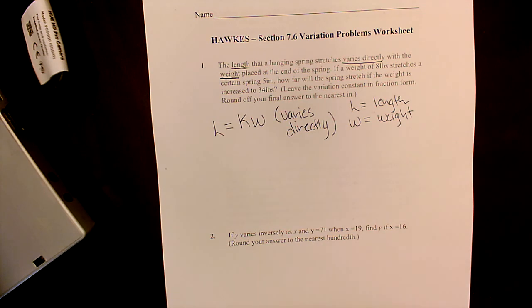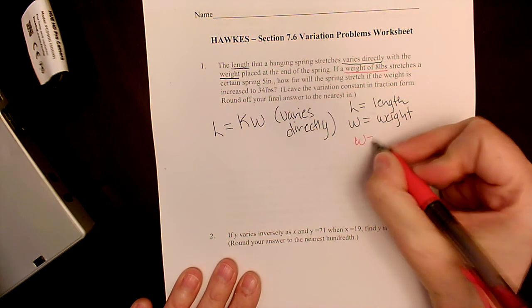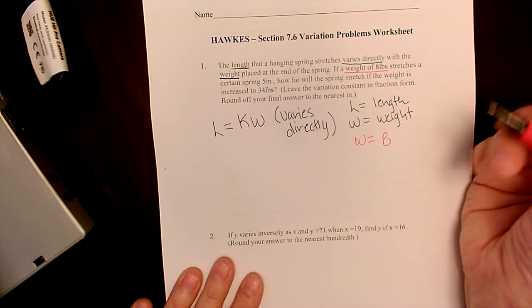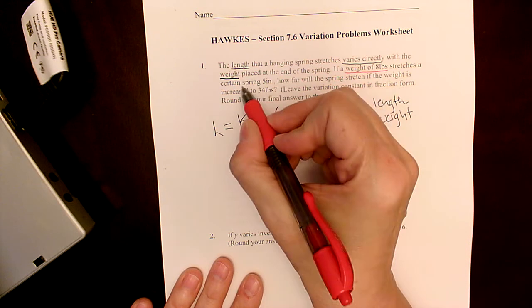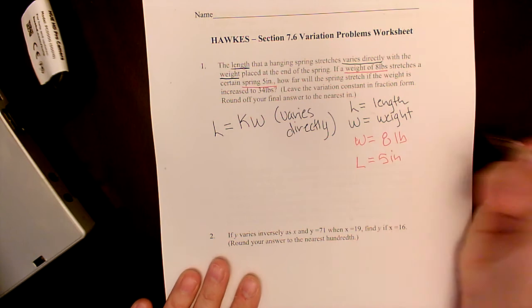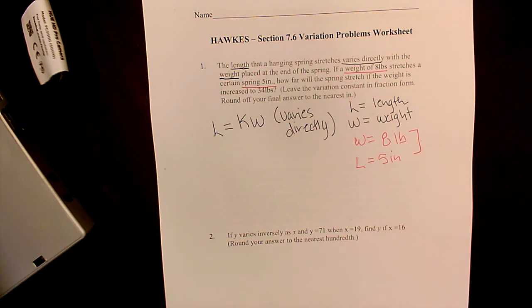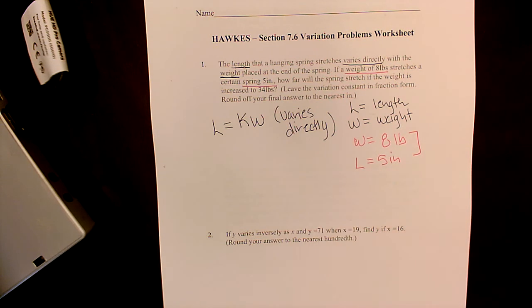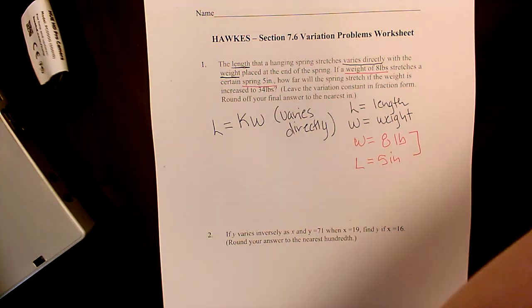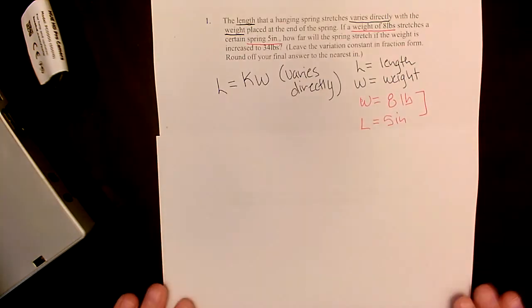Now they're giving me a weight of 8 pounds, and the spring stretches to 5 inches, so the length is 5 inches. How far, okay, well let's do this first. How far will it stretch when it's going to 34 pounds. Okay, so we have an L and a W, we have an L and a W. So we're first going to find K,